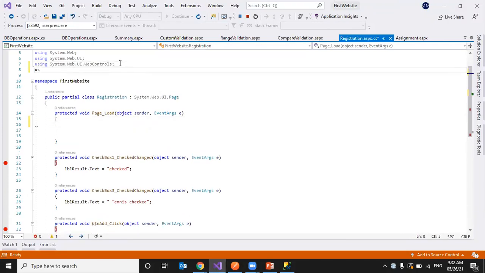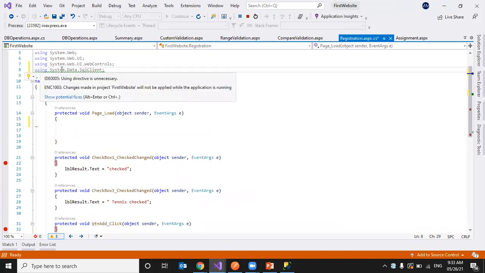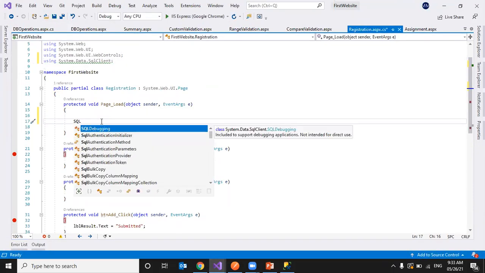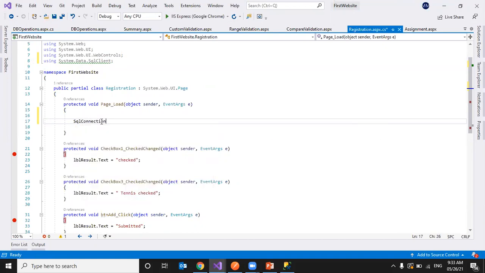To establish the connection with any database, we need to include a related namespace. As I'm going to work with SQL Server, we have to include the namespace, using System.Data.SqlClient. Now to define the connection related properties, we use the SqlConnection class.